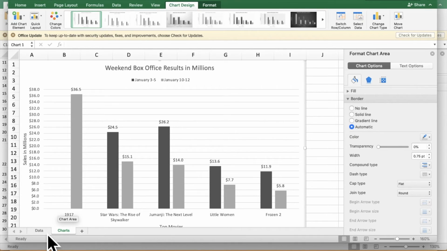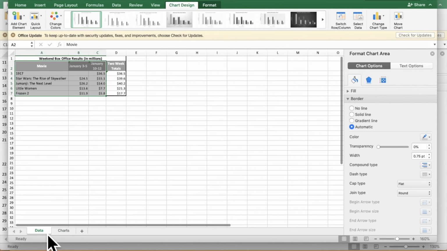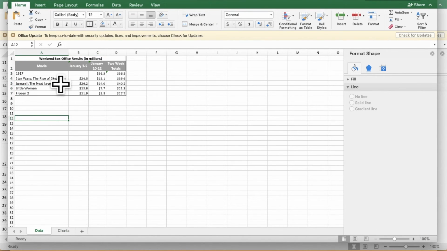All right, so we're going to go back to the data. And this time we want to select the names of the movies and the two-week totals. That's what we're going to chart here. So we're going to select A2 through A7 with our non-mouse hand, press and hold on Command, and do D2 through D7, insert